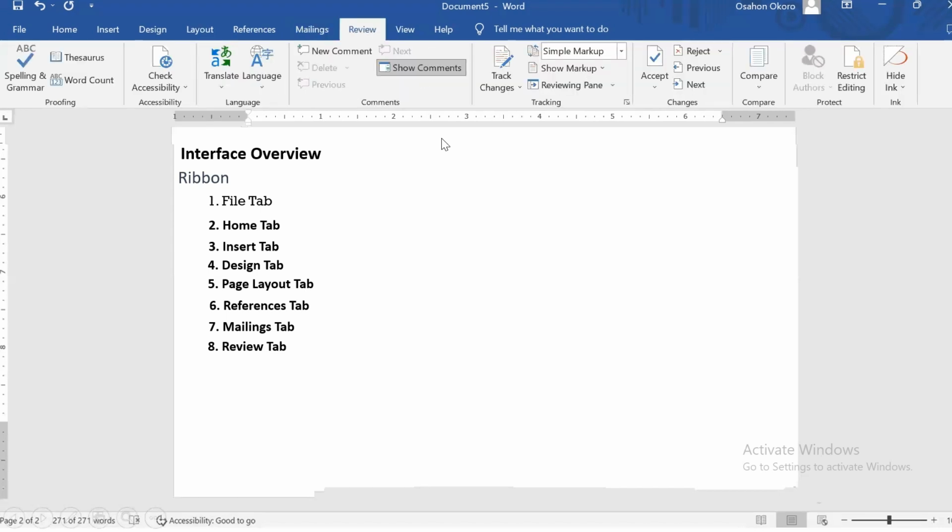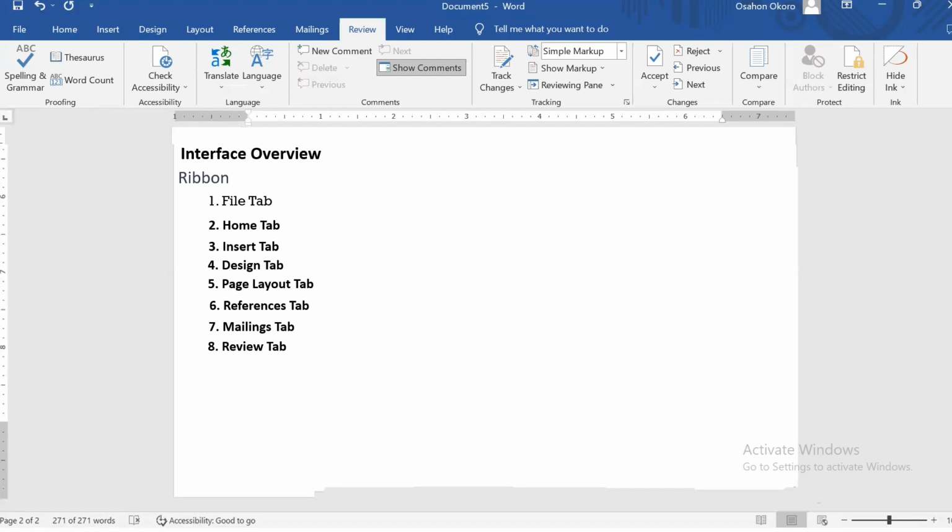The next tab is your review tab, which deals with proofreading, reviewing, and collaborating on documents, including spell check and then grammar check. We have AI tools that help us check our grammar even more perfectly than this, but this is just an introduction for us to know that whatever we type, the system has a way of cleaning it up so that it becomes so professional. And when we send it to our clients, it will give us a very high view of how they see us.